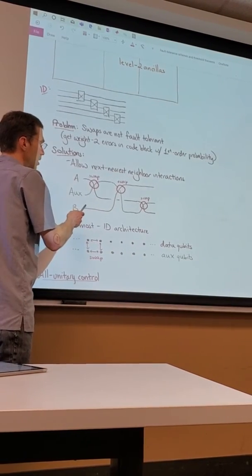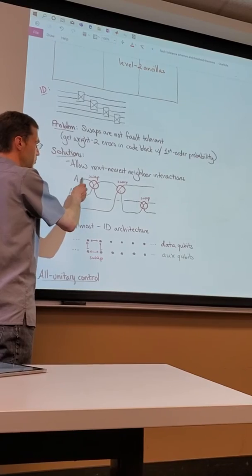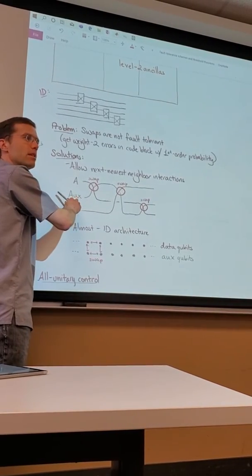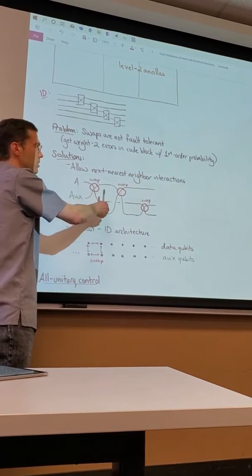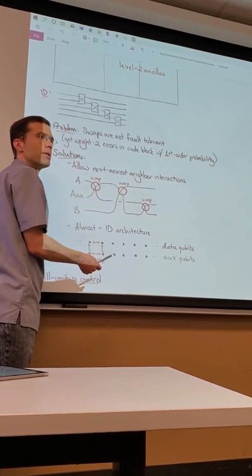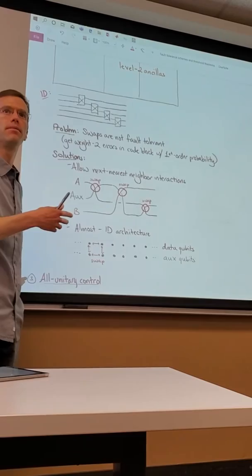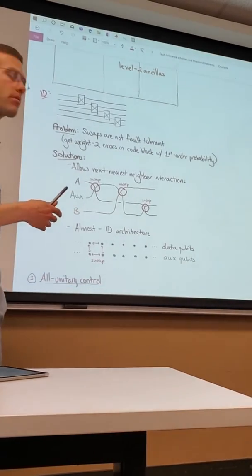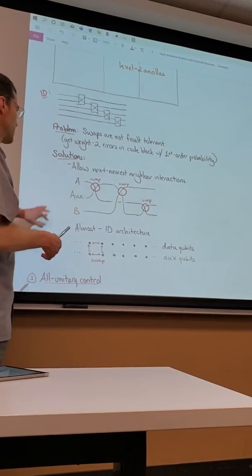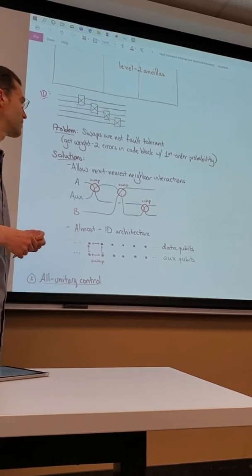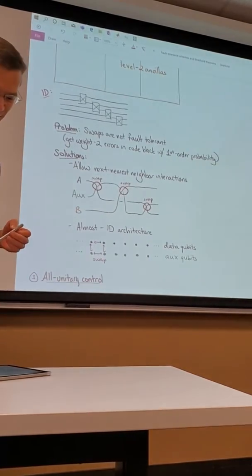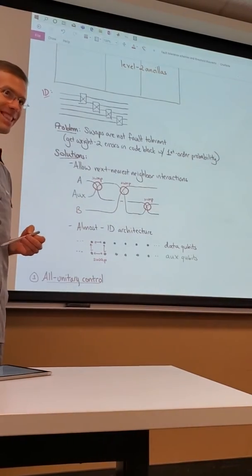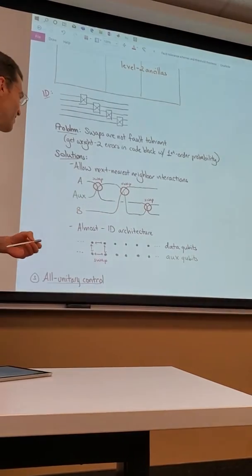But each of these swaps involves 1 data qubit and the dummy qubit. So even if 2 of these qubits fail because of this single swap, it only affects one of the data qubits, and so this is fault tolerant. We're just introducing a dummy qubit in order to make it fault tolerant. I don't know if it's silly or not. Hopefully you have a 2-dimensional geometry, or close to a 2-dimensional geometry.